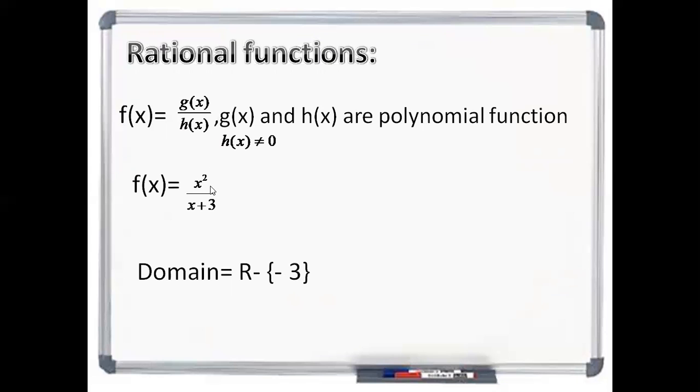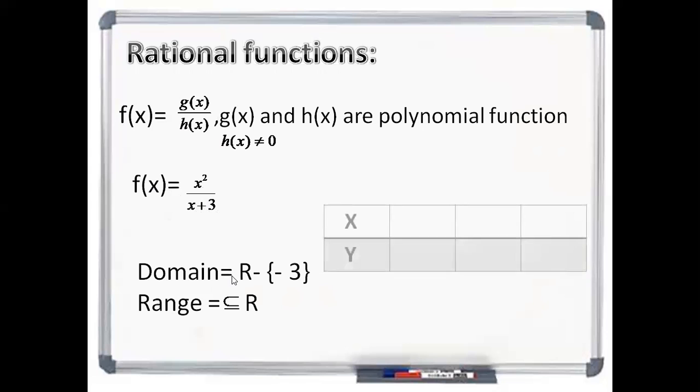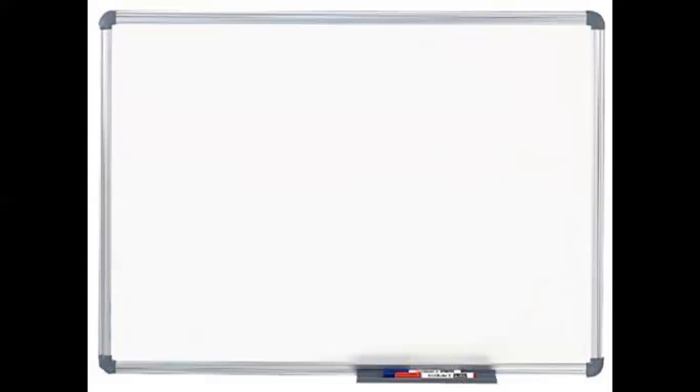x squared upon x plus 3. With x plus 3 in the denominator, if we put x equals -3, this is not defined. Then f(x) is not real if we put x equals -3. So that's why its domain is all real numbers except -3. Its range depends upon the given function, but it will always be a subset of the real numbers. Once we draw its graph,